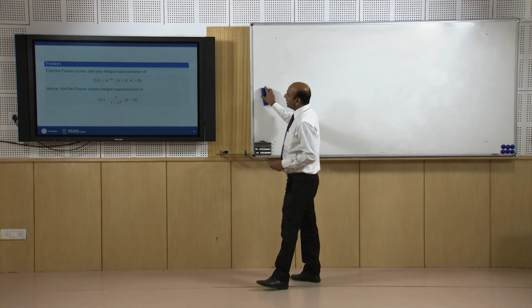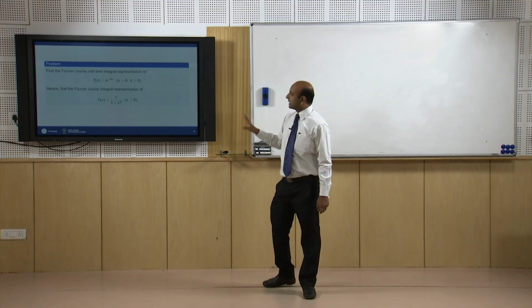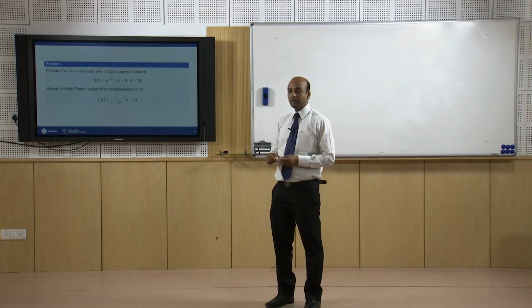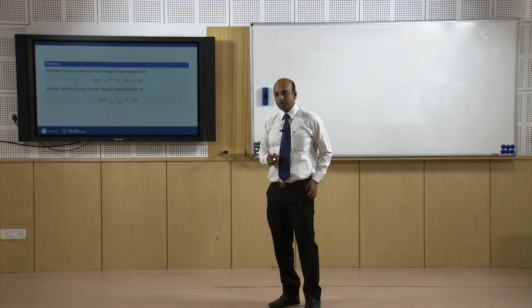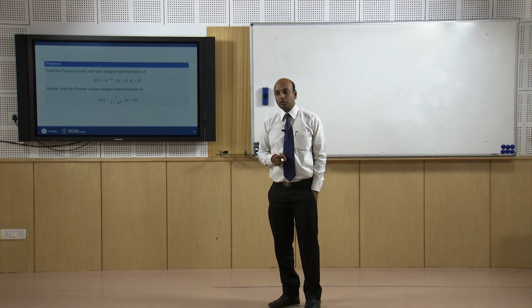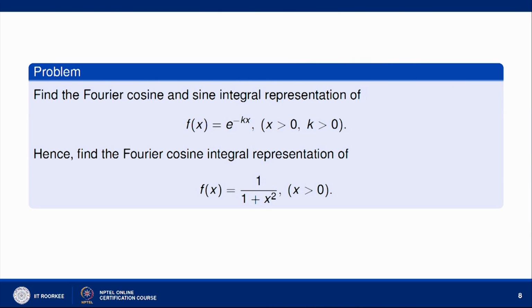Now we have to find out the Fourier cosine and sine integral representation of this function e^(-kx). x greater than 0 means it is defined on the half range from 0 to infinity. And for the Fourier integral representation we need a function defined from minus infinity to plus infinity. So that means if it is half range, there will be either Fourier cosine integral representation or Fourier sine integral